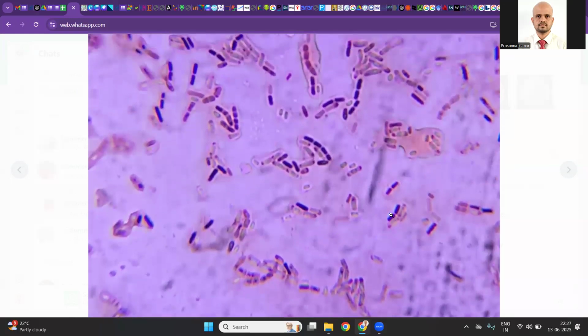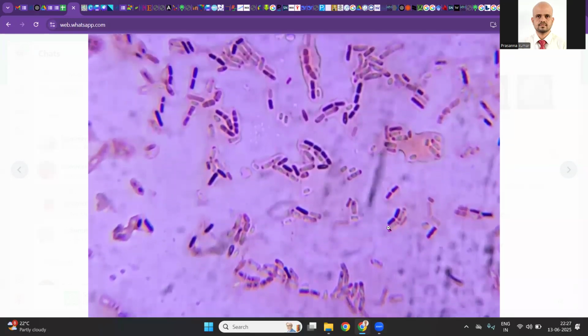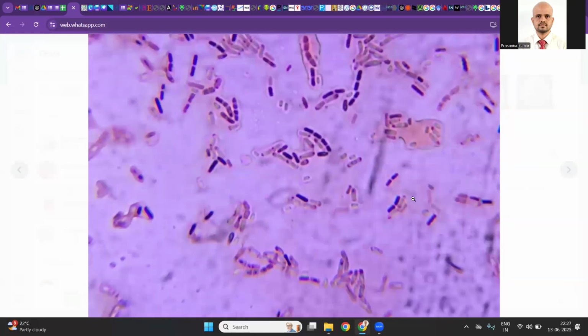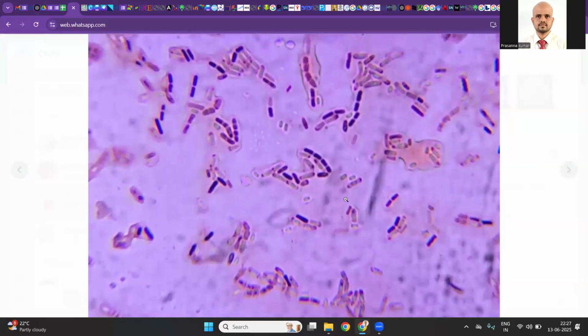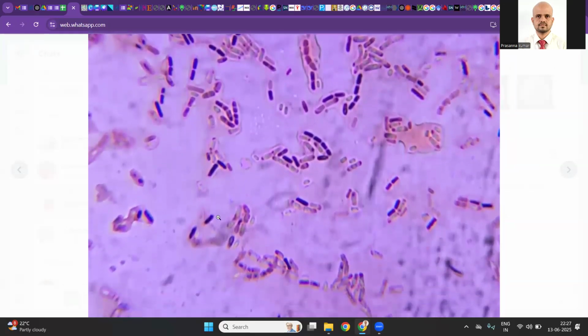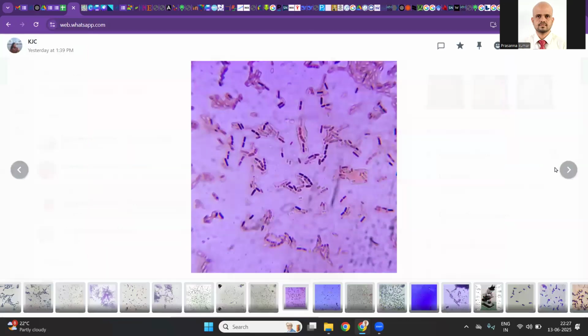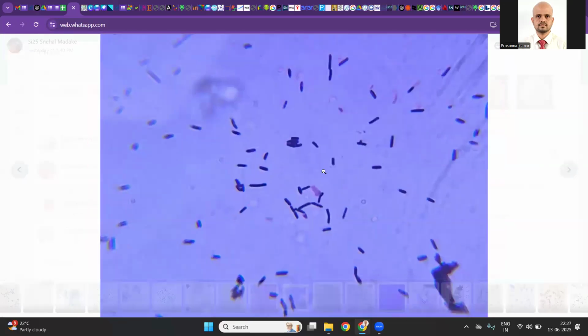And the second indication is, you see these two cells here, they don't seem to have any endospore within them, but I can see spongily stained endospores lying around, meaning they definitely don't belong to the same species. How come a spore-forming and non-spore-forming vegetative cell can be there in the smear? Okay, so